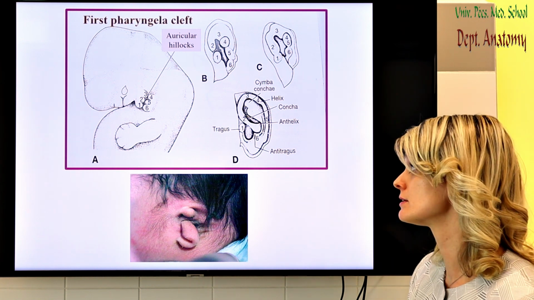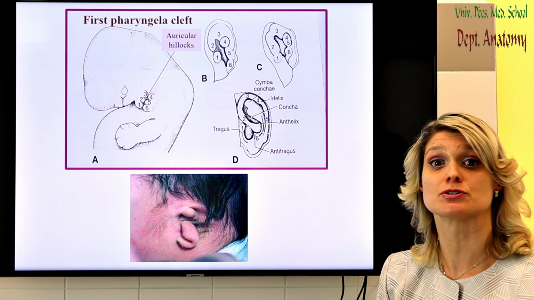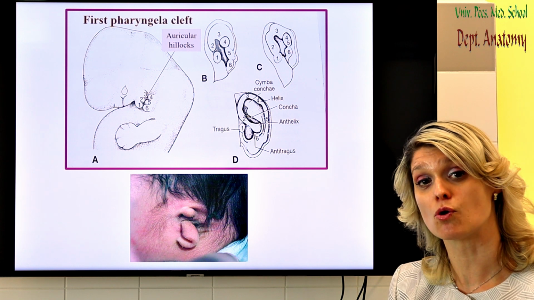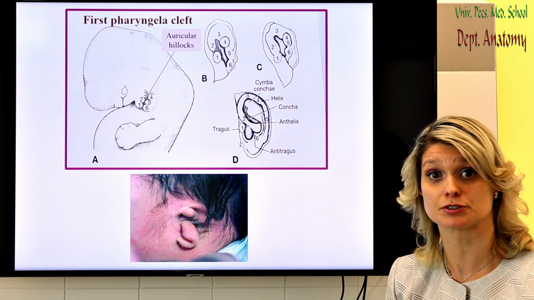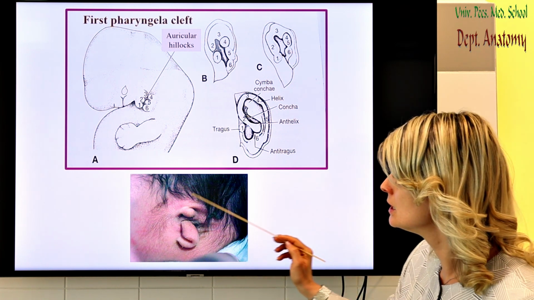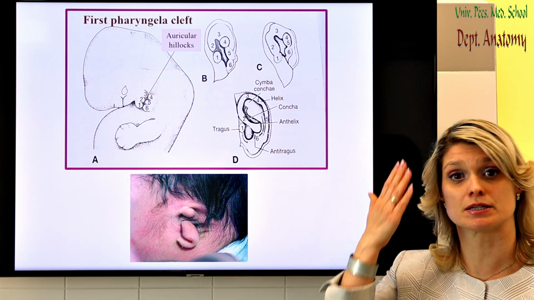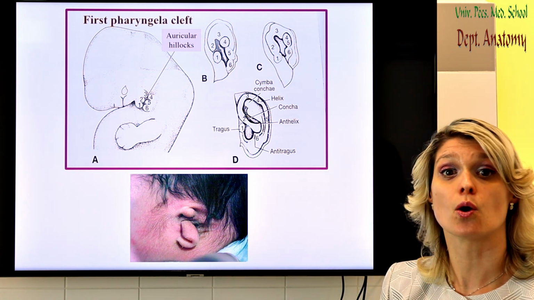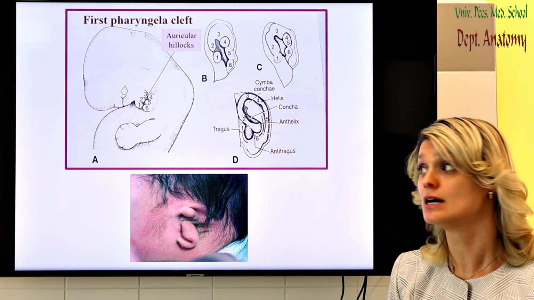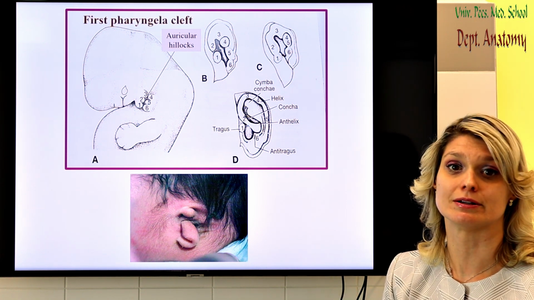It's combined with heart developmental malformations, because the neural crest cells are involved in the development of the heart too. So if you see a newborn with malformations in the ear, we always have to examine for further development